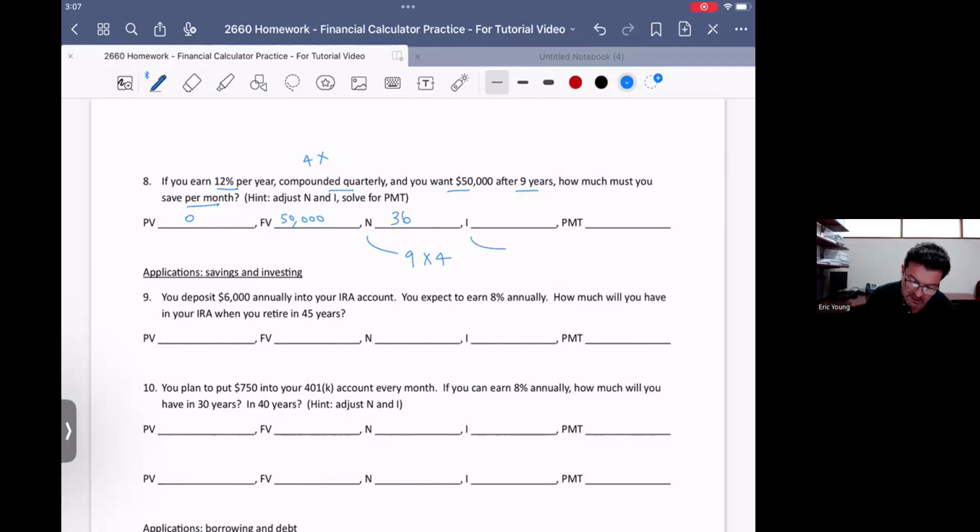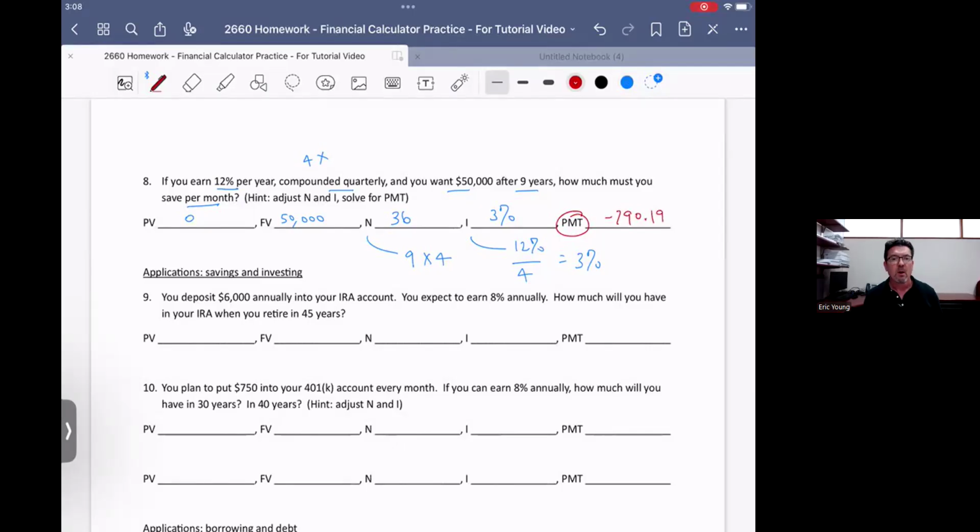And I is going to be our 12%, which was annual, divided by 4, or 3% periodically. So this means that we're going to have 36 periods of 3% interest, because we adjusted, and we're finally asking, how much do we have to save per month to make this dream happen? This is a tougher one because you got to do some adjustments, but once the adjustments are done, scavenger hunt. Plug them in, solve for PMT, and you'll get negative